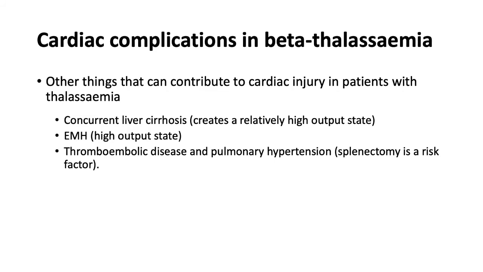Other things that contribute to the cardiac injury that can occur in patients with thalassemia can include if you've got concurrent liver cirrhosis, which also causes a relatively high cardiac output state. Extramedullary hematopoiesis again causes a high output state because you're pumping blood through very vascular areas of additional bone marrow, and stress on the heart from any thromboembolic disease and pulmonary hypertension, which is also more common